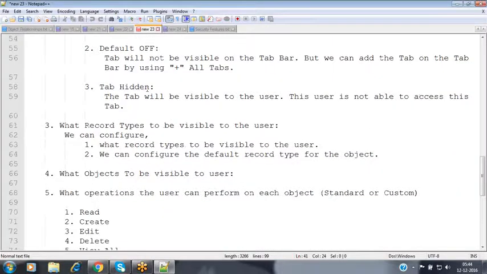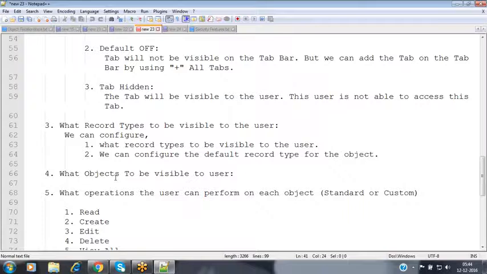And which record types are visible to the user, we have configured. For every profile user, we can specify which record types are visible and which record type should be the default one, with the help of the profile. Along with that, we have discussed what objects are accessible by this user.